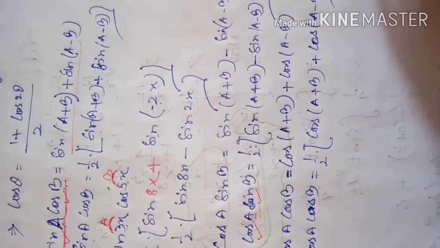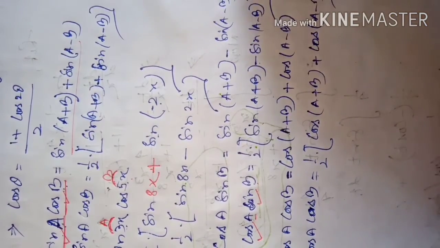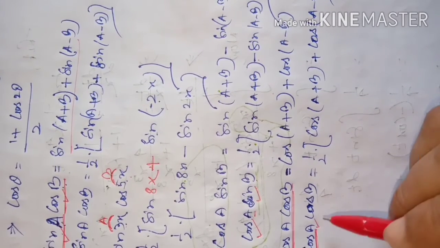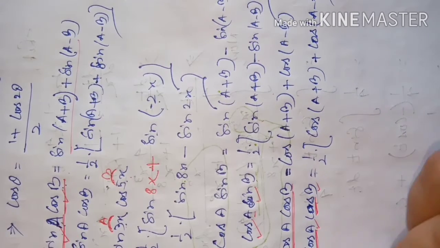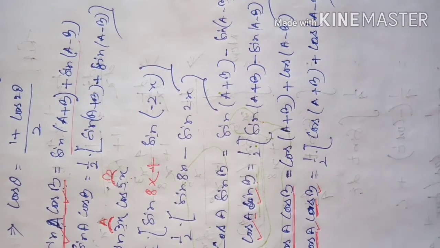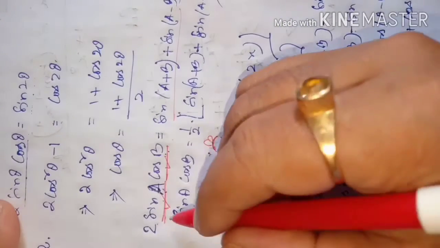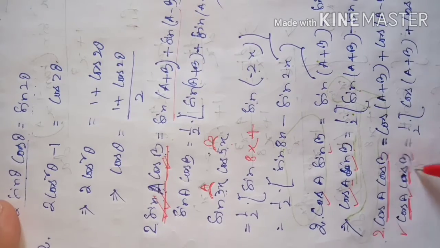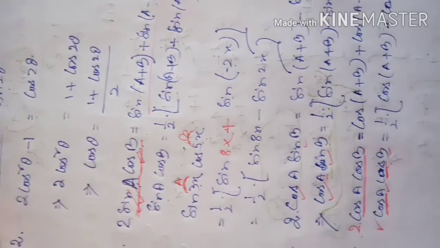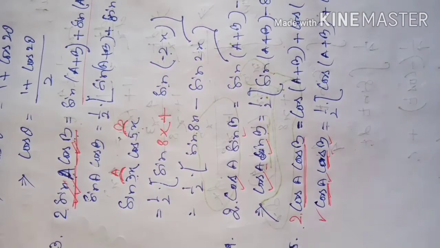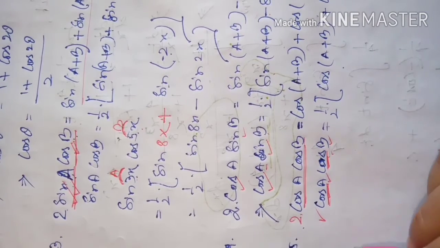Dear students, this is an identity where both the factors are cos A cos B. In that case, you have to use this identity. If both the factors are sine, suppose here one was sine, one cos, here one cos, one sine, next it comes only sine. So that also can be derived using this one only.